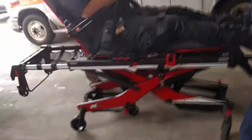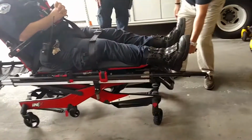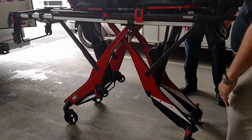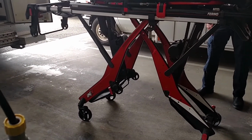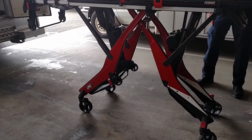Told you you don't want to play with me. Watch out for the wheels. Brake, brake, brake. Does it have a brake thing? That's a good question. Does that have a brake? Oh, yeah. Are there any squeeze brakes? Oh, no. Okay. Yeah. You can lock the wheels, but the...